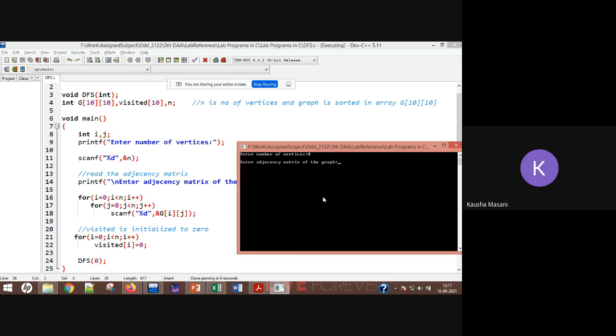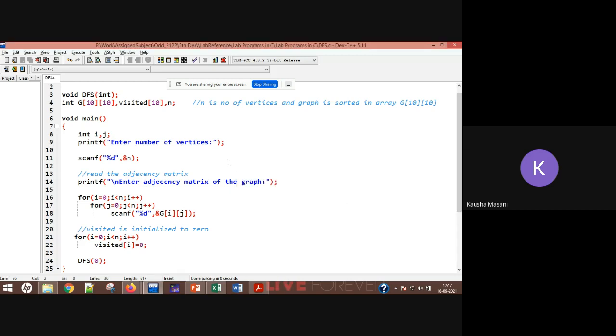Then the adjacency matrix of the graph, so I have to enter my whole matrix. So let's go and enter. Oh wait, I made a mistake.